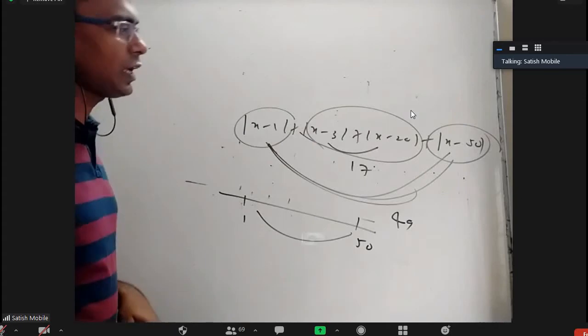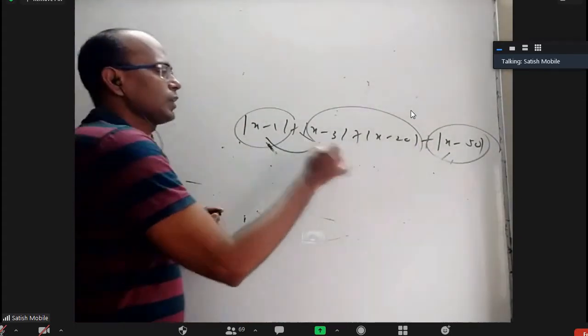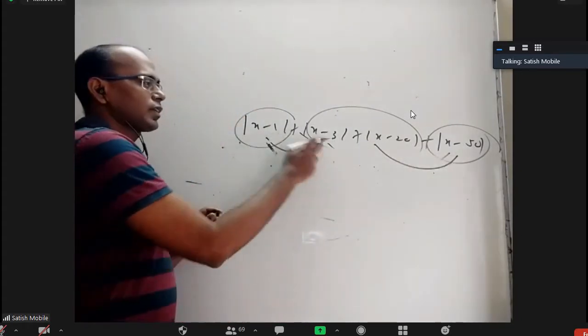But if you do another way, answer will not come. What is that? Somebody can say, why like that? This minimum I will find, this minimum I will find. Can somebody tell what is the sum of these two minimum?